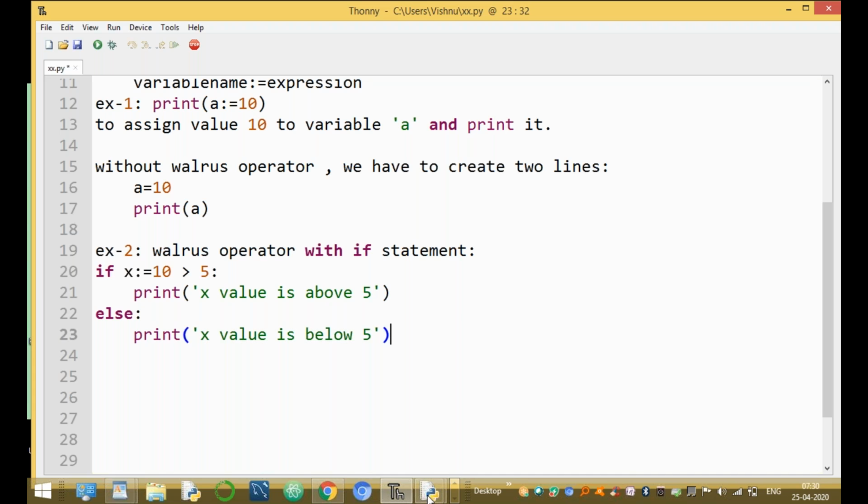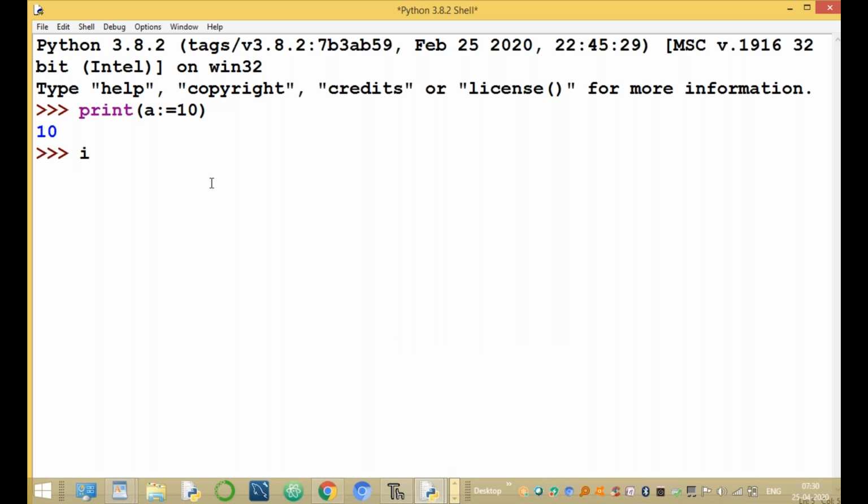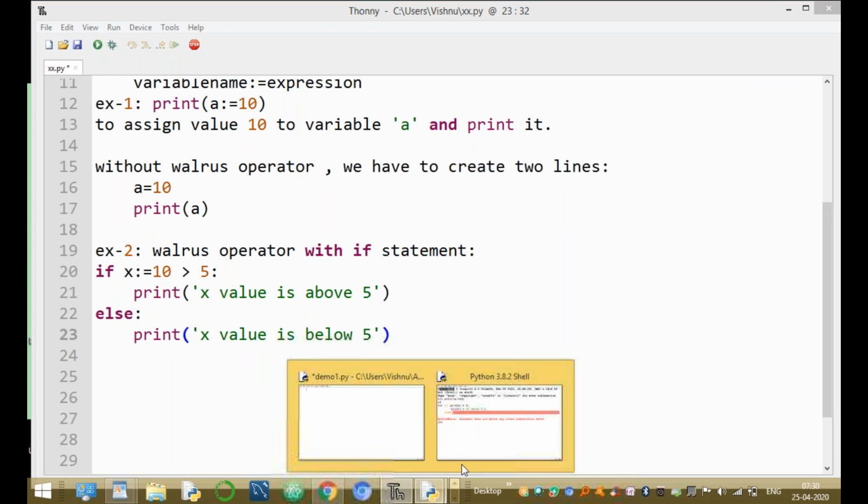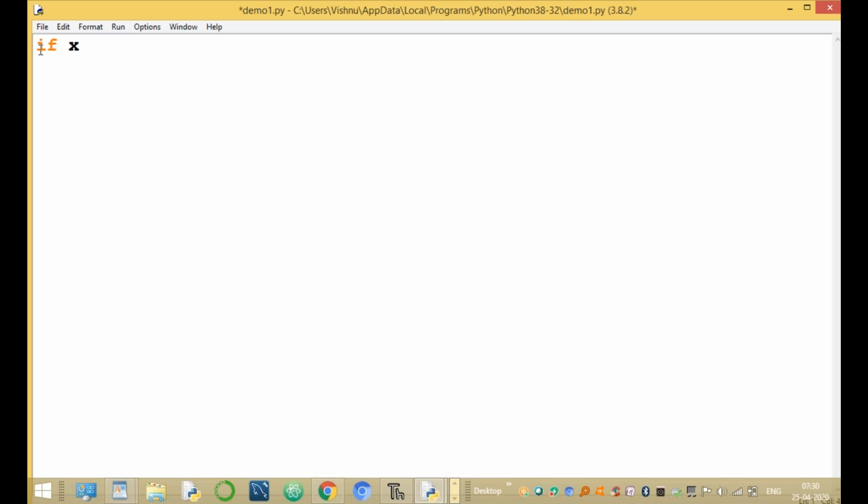Let us see the example. If x colon equal to 10 is greater than 5, print x value is above 5.